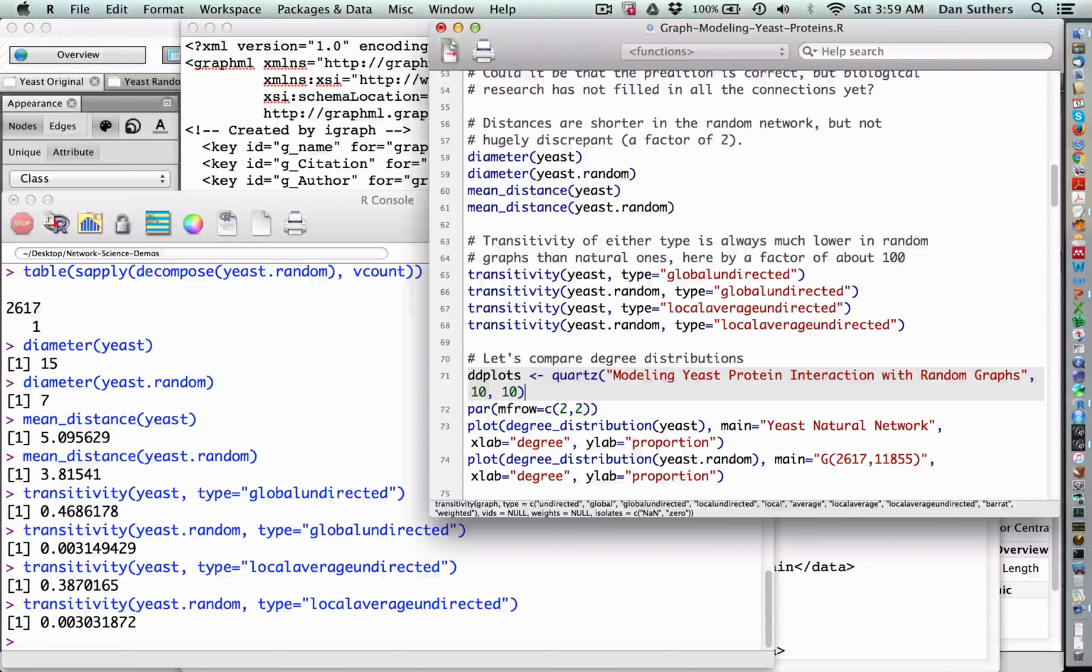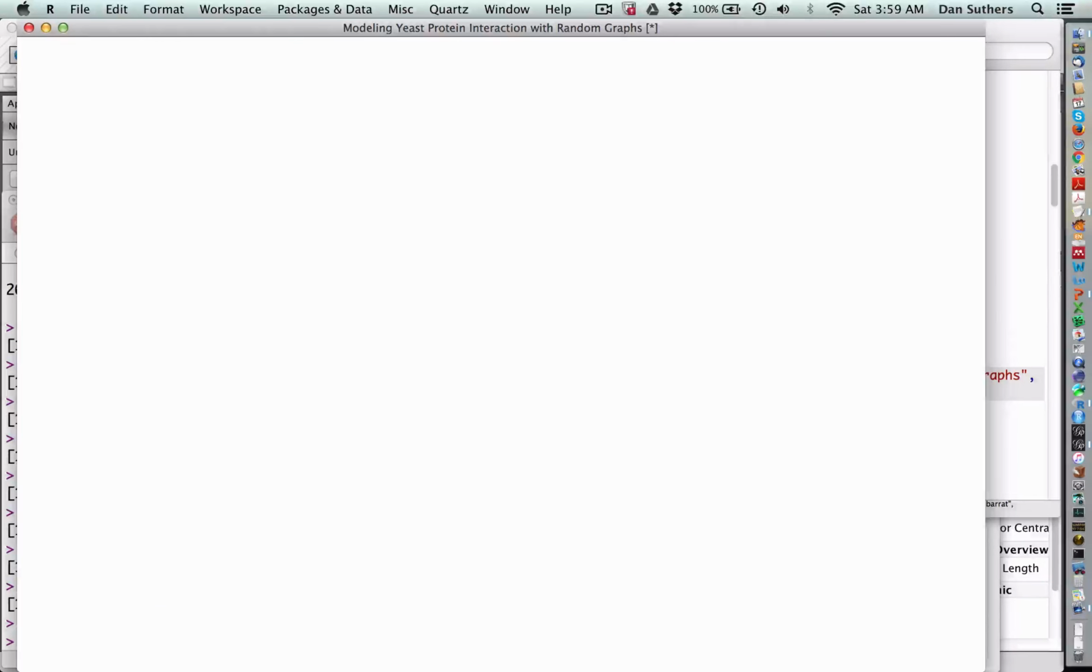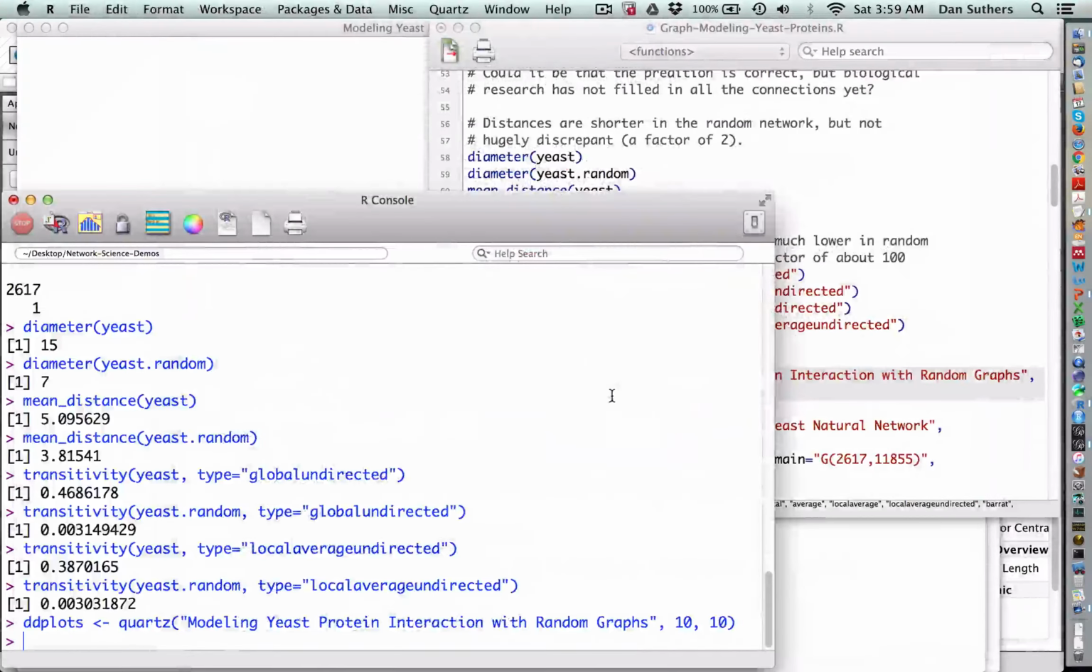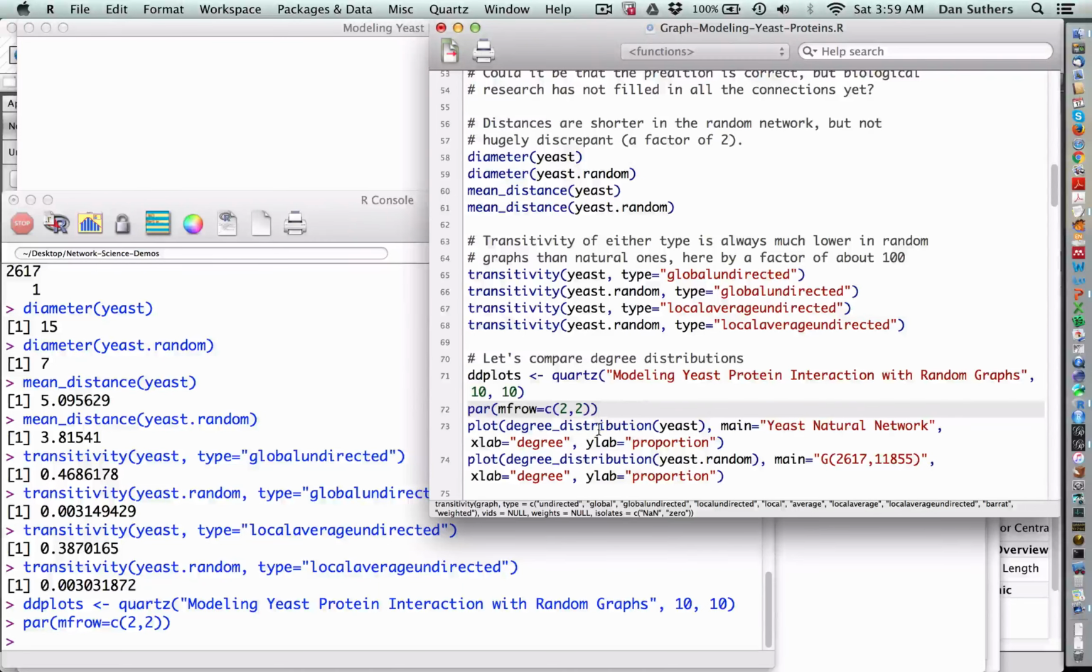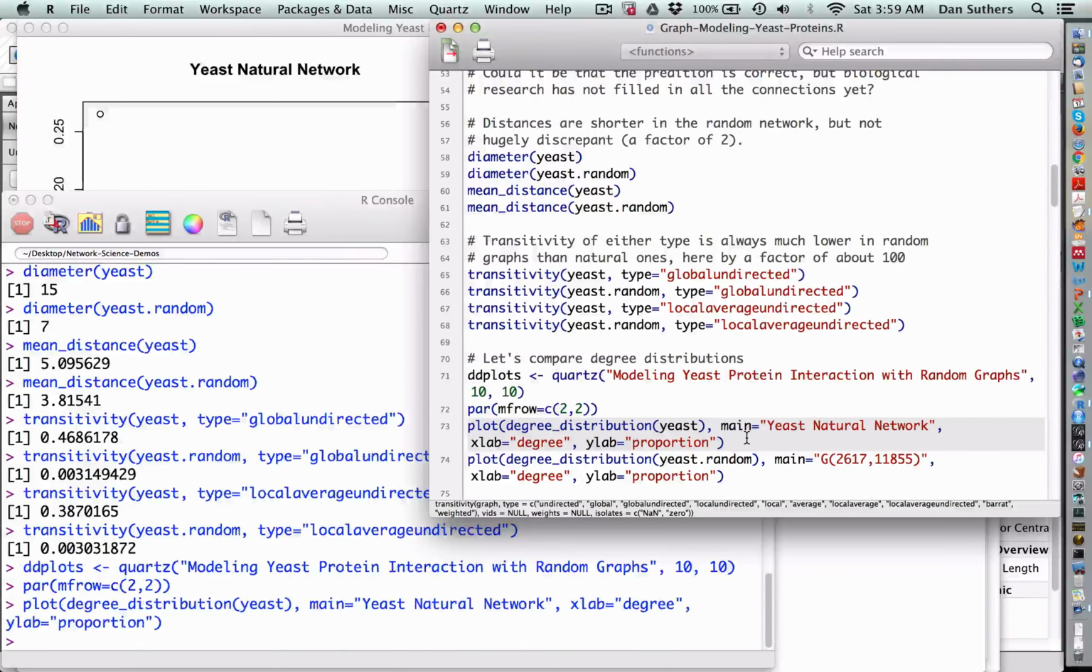We're going to build up a plot here comparing different models. Okay, so I'm going to go ahead and make a probably way too large image here. Let's see, let's get everything back here. Okay, so we're going to divide it up into 4 regions, and we're going to first plot the degree distribution of the original graph, and then we're going to plot the degree distribution of the random graph,